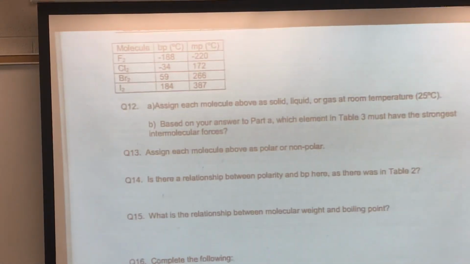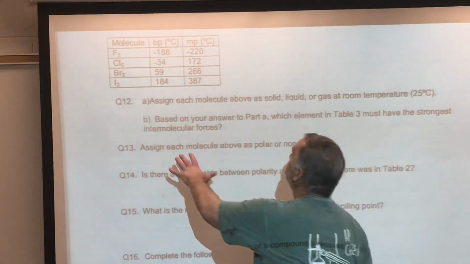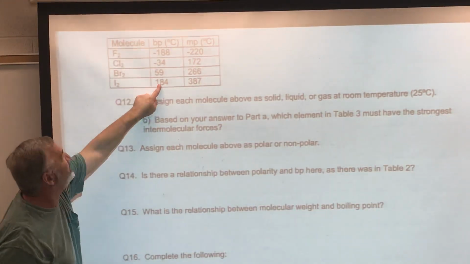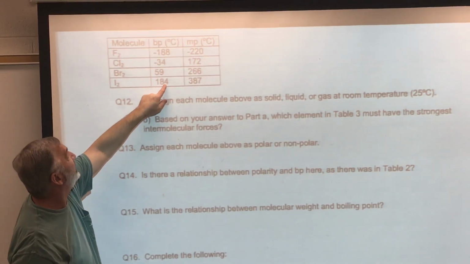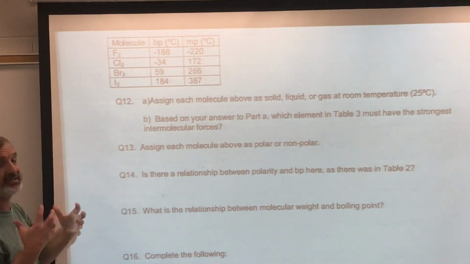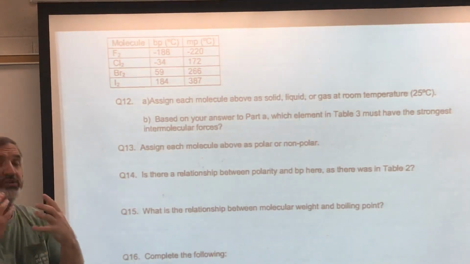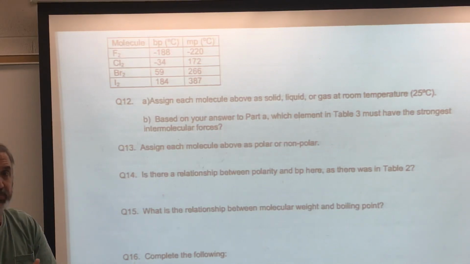I like these tables. We have to learn how to interpret the table. Again, when I'm looking here at my boiling points, I know that this highest boiling point has the strongest attractive force. This is the weakest attractive force, negative 188. So that boiling point tells me that. So you always answer these questions based upon whichever one has the highest boiling point.